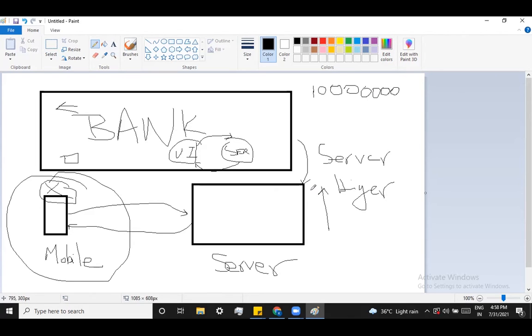Imagine how much they should pay for servers: depending upon the users multiplying, the revenue put into servers will be much higher. You can imagine it, right? So the bank is going to spend more on infrastructure. This is called infrastructure. Infrastructure, in the sense of servers and databases, is called infrastructure.